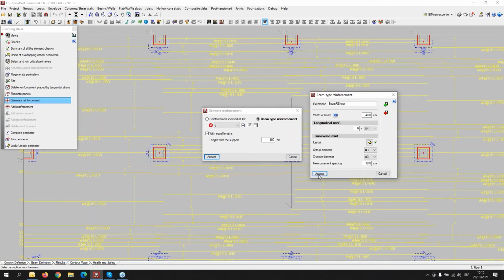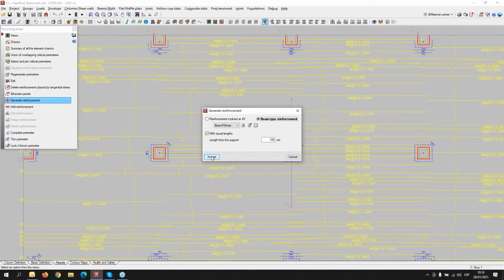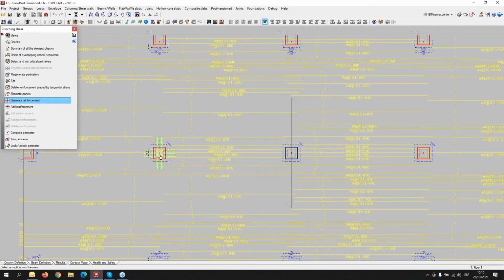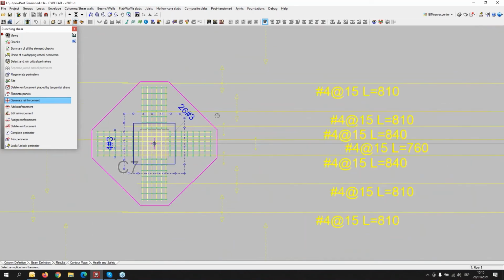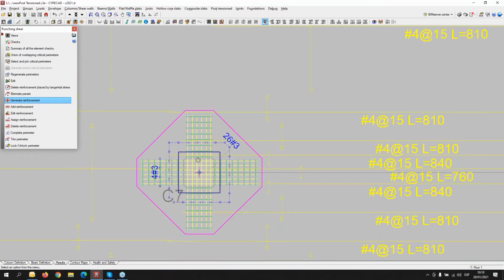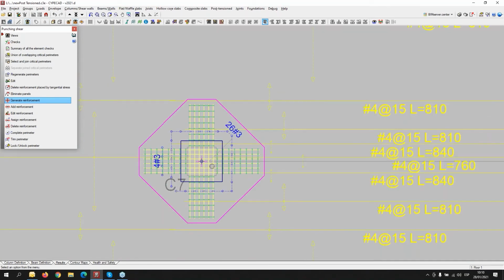So we can accept here, and we can apply this reinforcement for this support, for this column. The program has already applied a reinforcement for the stress,